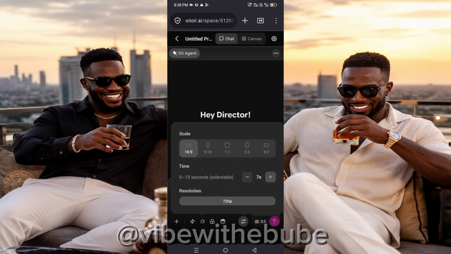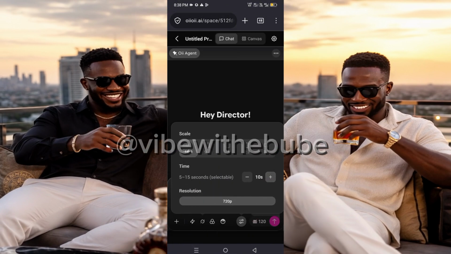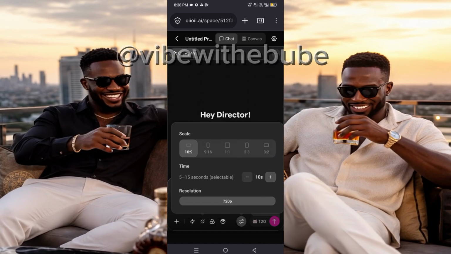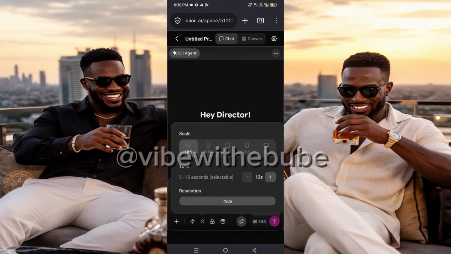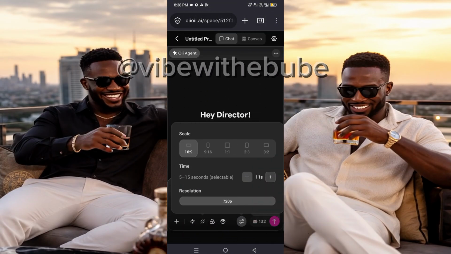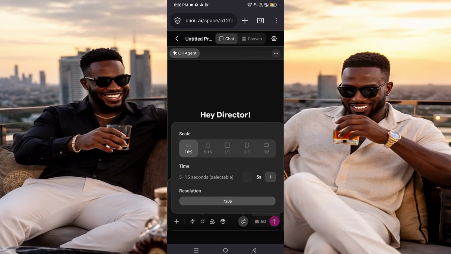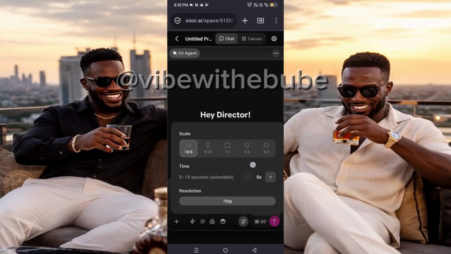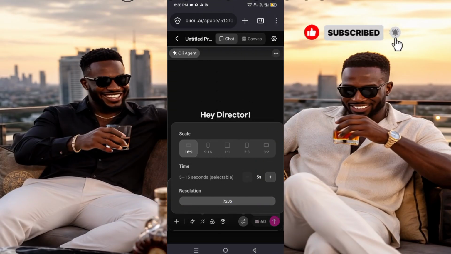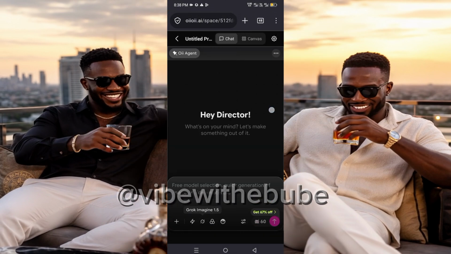Now when you come over here, do you see that plus? Once you keep on clicking on that plus, your seconds will keep on increasing, like the duration. When the duration keeps increasing, your credit, which you are seeing there, will also be increasing. For you to generate something like 30 seconds, it will cost you almost 150-something credits. When you reduce it, the credit will also decrease. For you to generate a 5 second movie, you have to use 60 credits. Before it used to be 40, but they just increased it. Now leave the ratio to